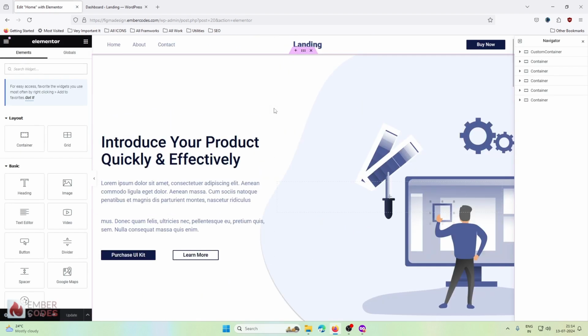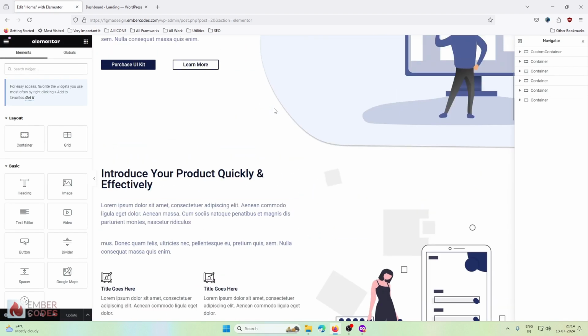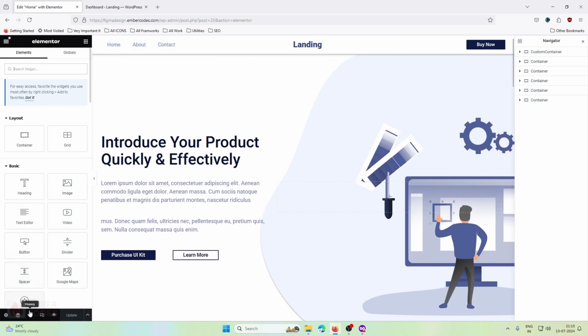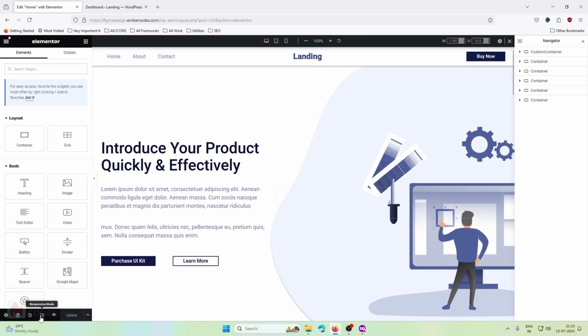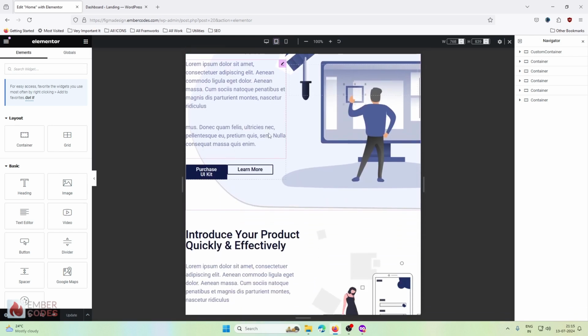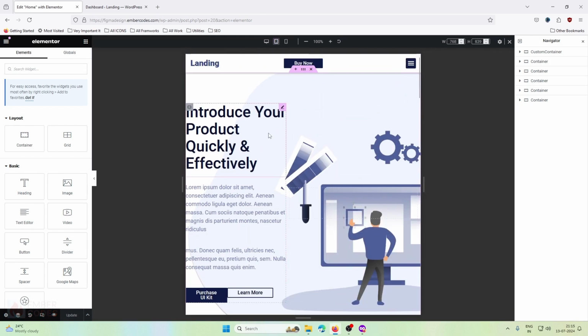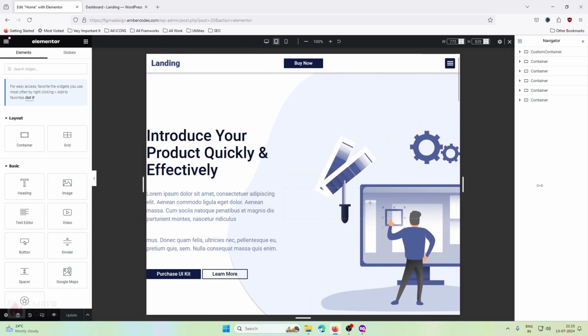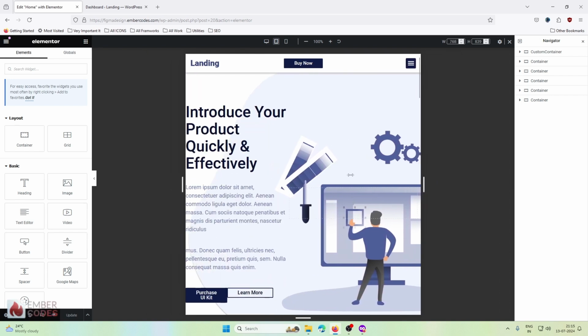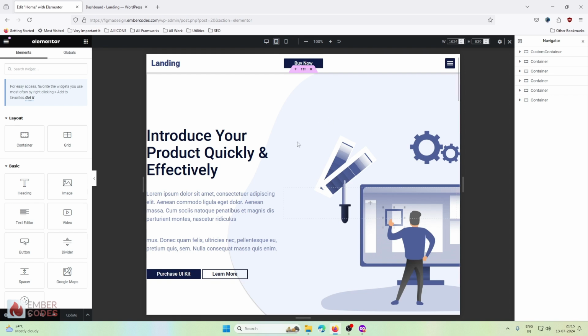Here we see in the desktop view all the things are fine. Let me go to the responsive now. Click on the tablet view. Here we see the changes we need to do in the tablet view. So what I will do here, I will remove this background from the tablet view, okay, and I will put